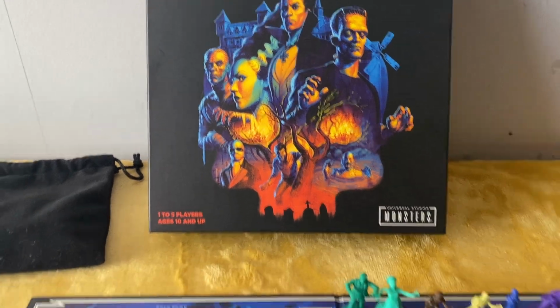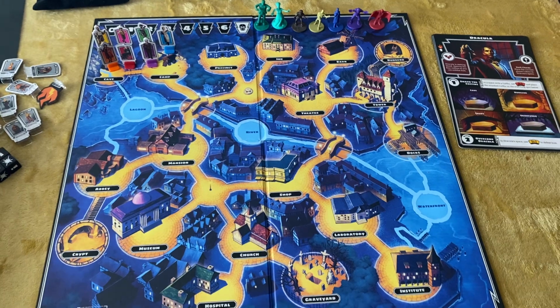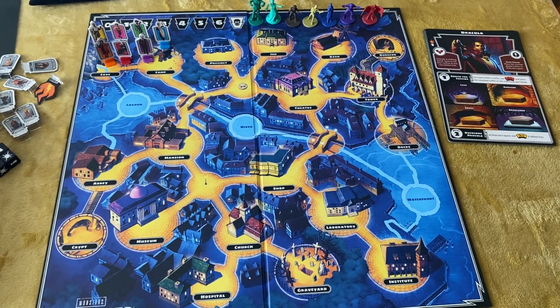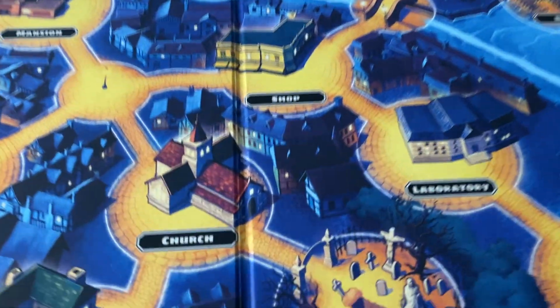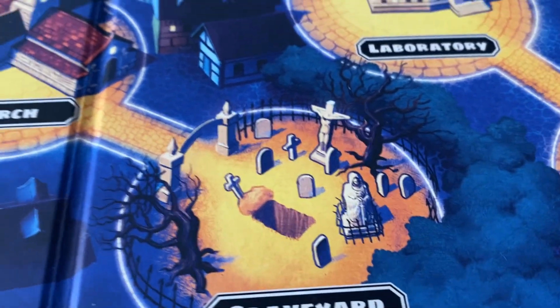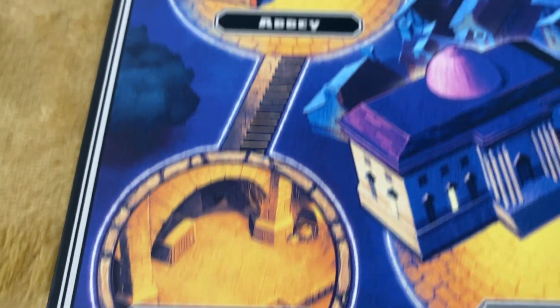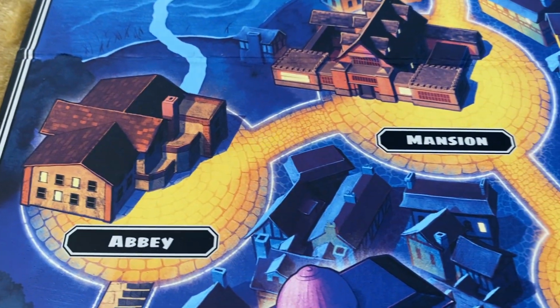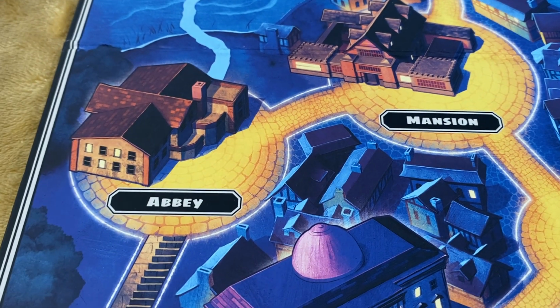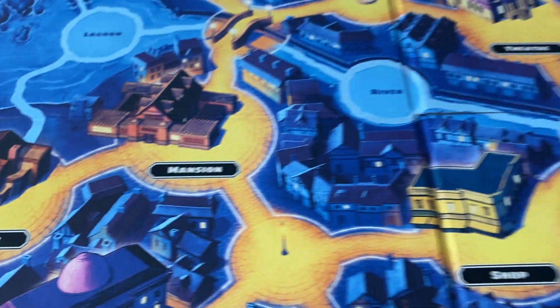So we will start. I'm going to pan out, and this is the board. It's a lovely board. I love the artwork. Very gothic horror theme. You got the graveyard, church there, crypts, abbey. I'm sure anyone that's watching this video probably already knows how the game works, but if you don't,